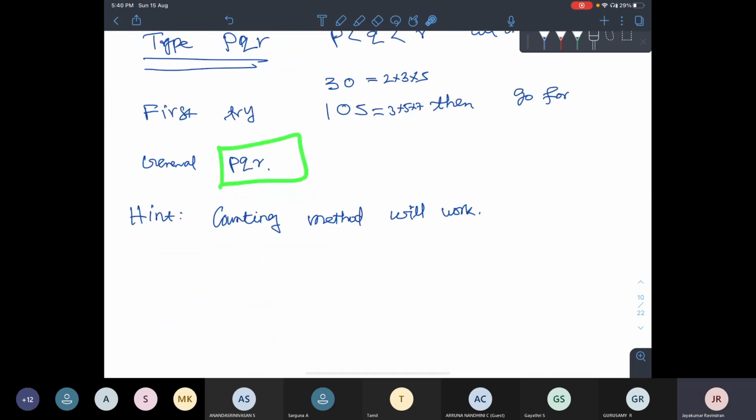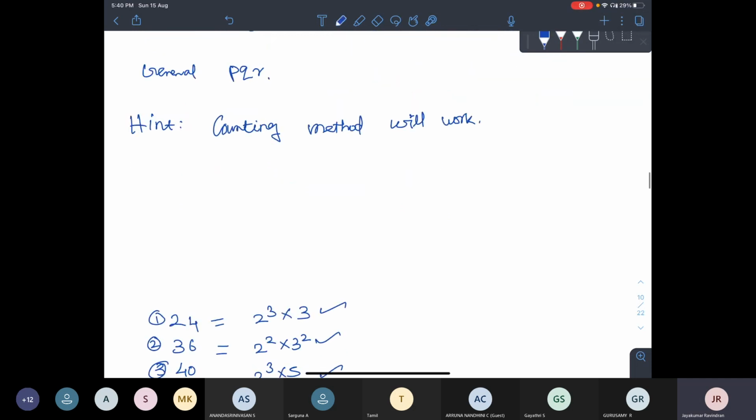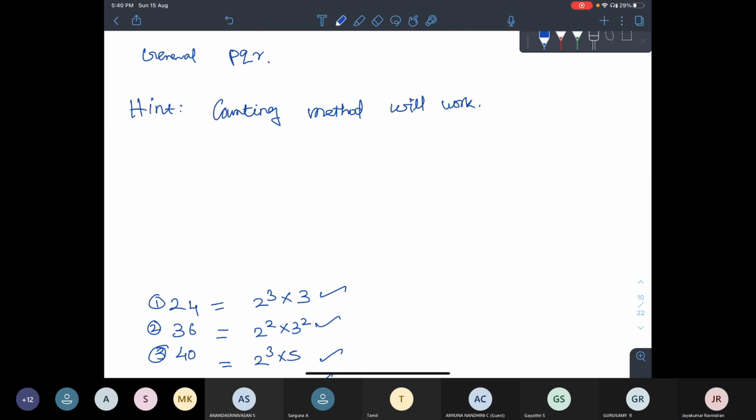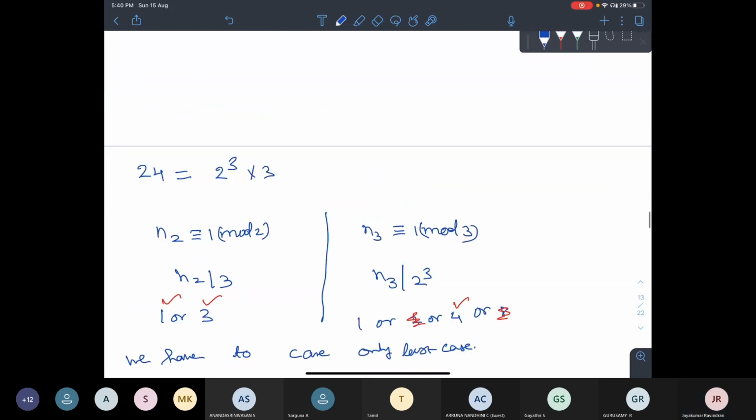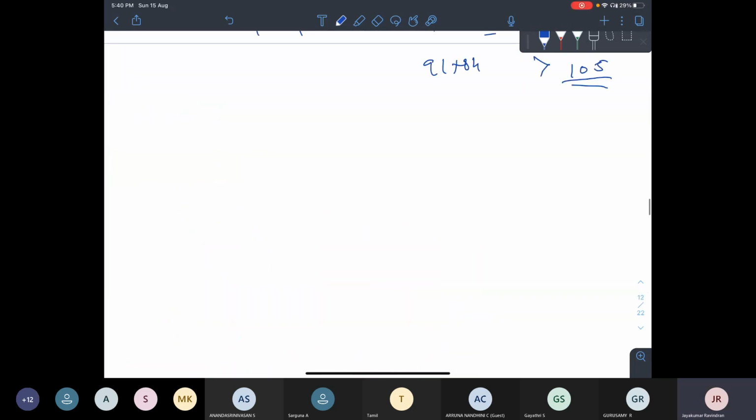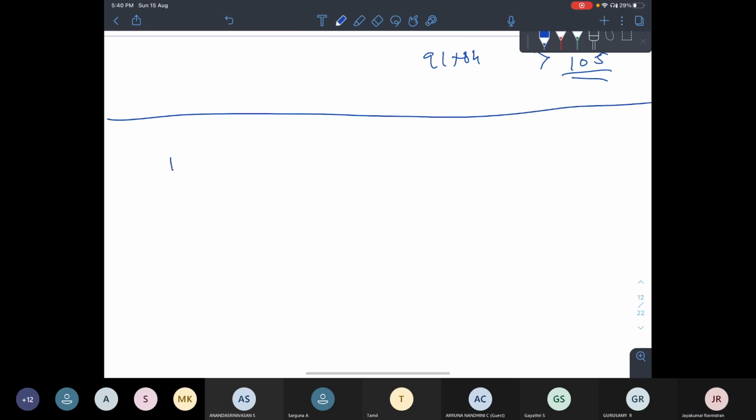Okay, fine. So far what we are doing, let us summarize this. What is the summary? So far we said that what are the not simple? PQ, P less than Q, both prime, is not simple. This is the reason. Second, P square Q, P less than Q, both prime, is not simple.